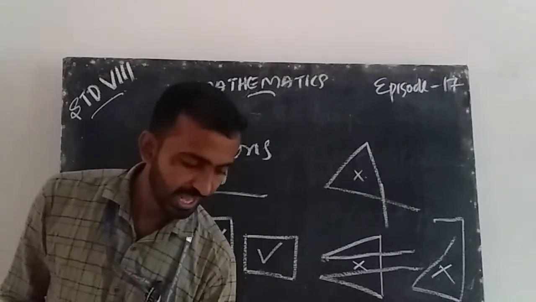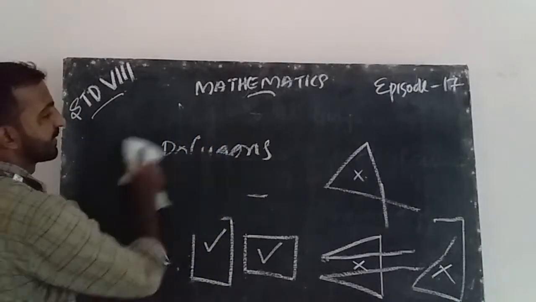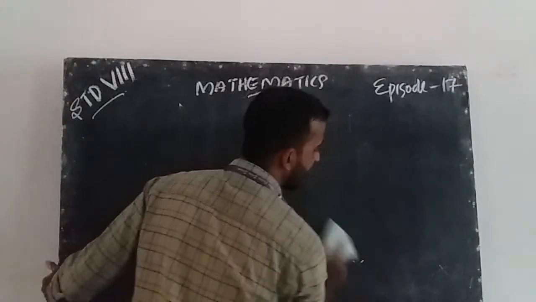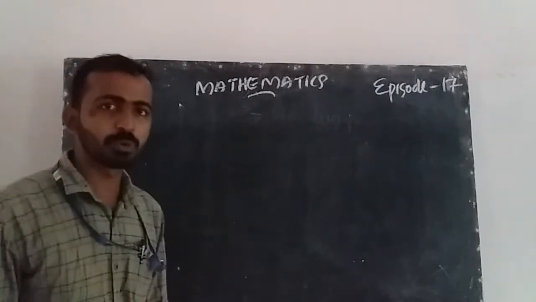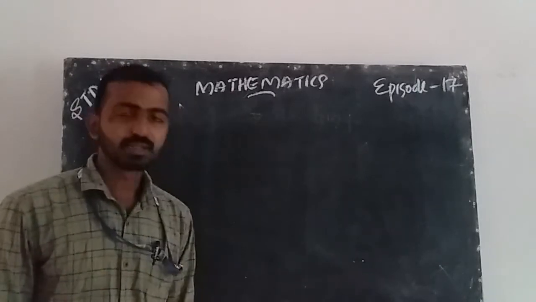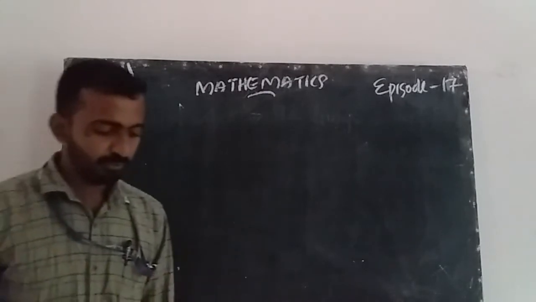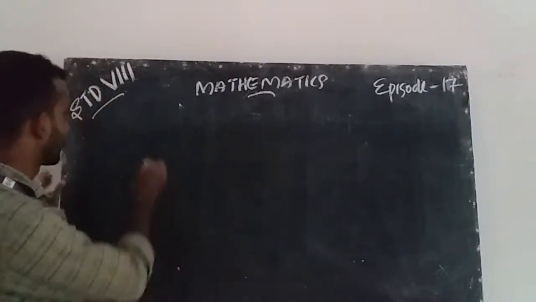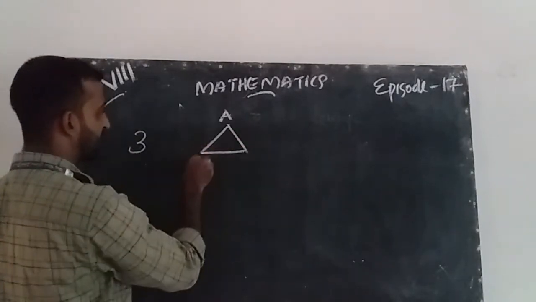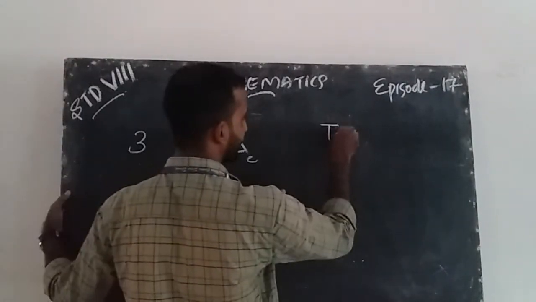That is on page number 38. They gave the shapes and the names. You must copy that table to your notebook. Table 3.2.1: the first column is the number of sides or vertices. For 3, A, B, C, the number of vertices is 3. That is a triangle.